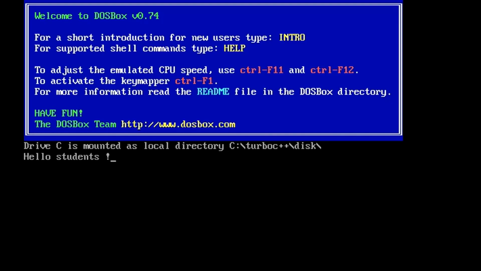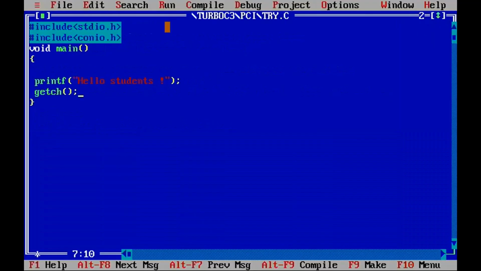Suppose you want to clear all this, that is called clear screen. So let us see how to clear the screen before displaying any output of your program. Here you have to use the clrscr function, like this, clrscr bracket semicolon. So within the main, the first action will be to clear the screen, then it will display the hello students message, then it will wait for a key press, and then it will terminate.